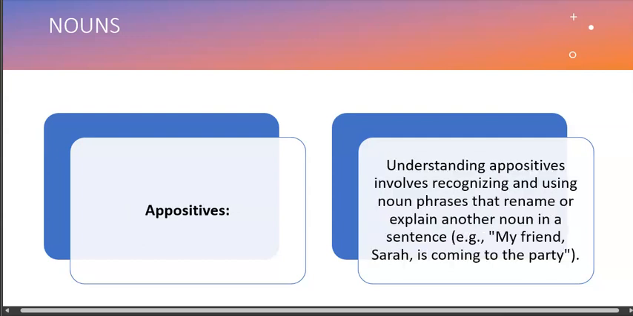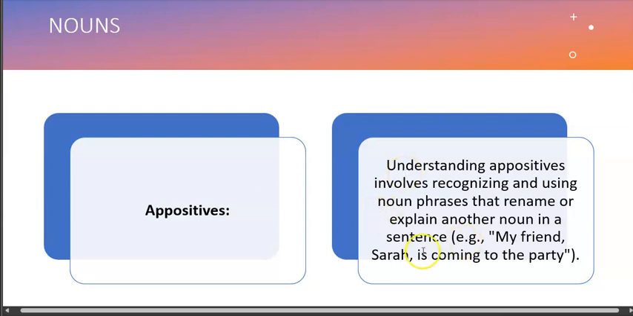Then we have something known as appositives, and I know I've talked about this too, and right now I just want us to remind ourselves. So appositives involve recognizing and using noun phrases to rename or explain another noun in a sentence. Okay, so appositives just add information. So for example, when you give a sentence like, my friend Sarah is coming to the party,